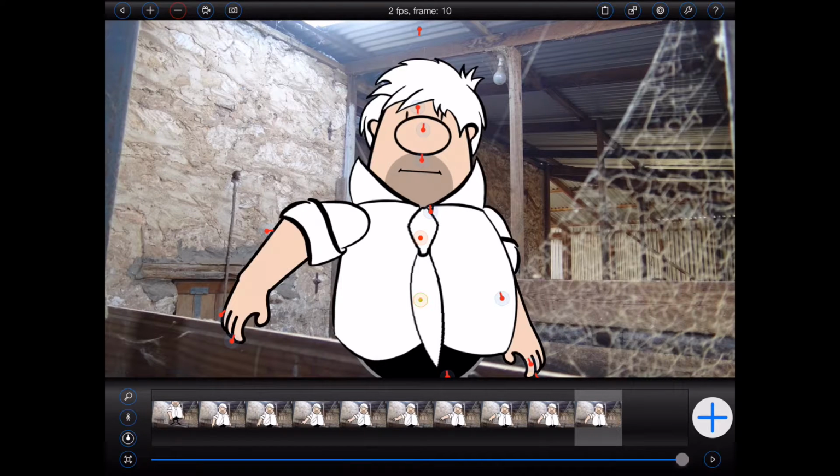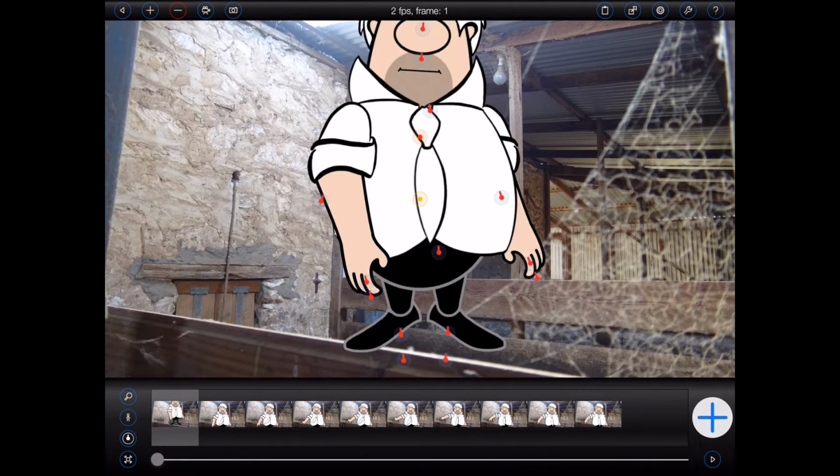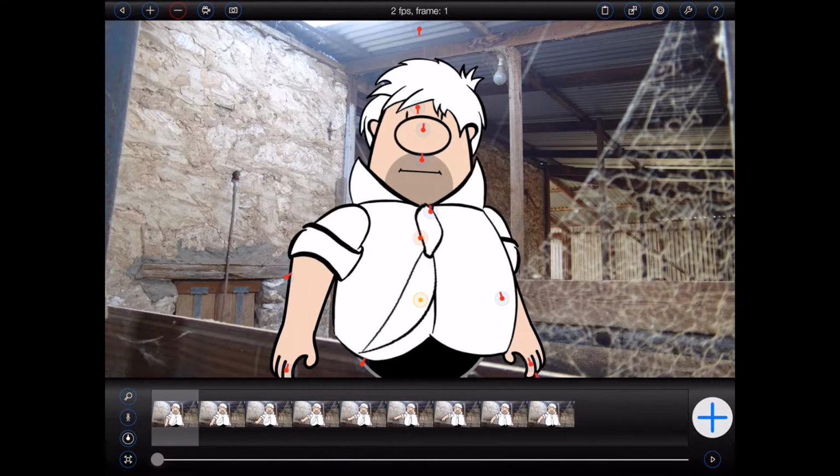At this point, you can see that a bunch of additional thumbnails have been added to the film strip. I can quickly open one of the other frames by tapping on its thumbnail. The first frame has the figure in a really bad position. I can remove the frame by swiping up on its thumbnail to reveal and then press a red delete button. Please note that if I press the big blue plus button now, a new frame will be inserted into the